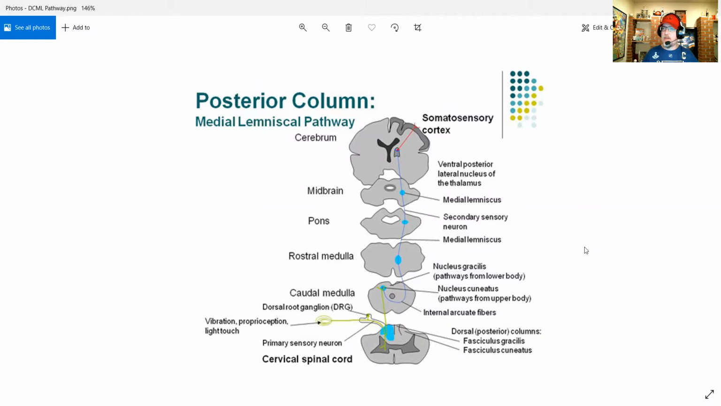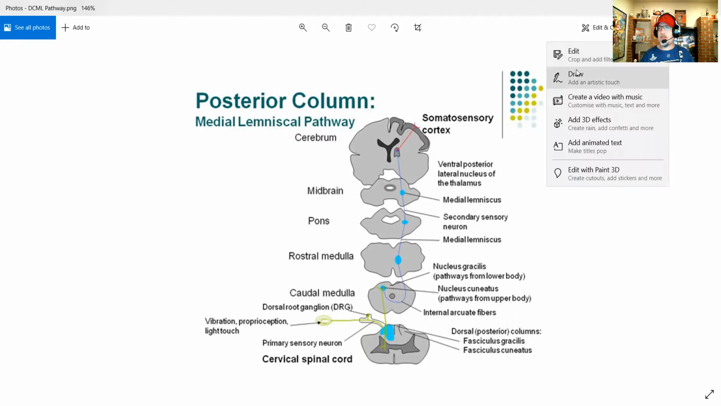Again, information is coming in from the periphery, comes into the spinal cord, and actually ascends the spinal cord. We're going to come up to the level of the brainstem, and then project information from the brainstem up into the brain. So first order, second order, third order, those three connections that are made. In the dorsal columns, or the posterior columns, that information will come in from